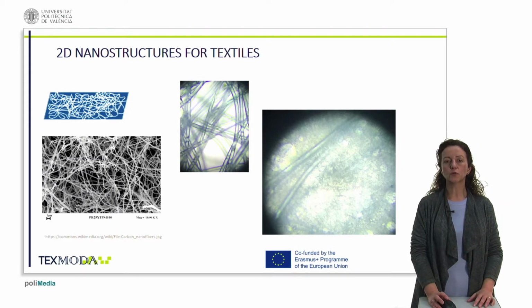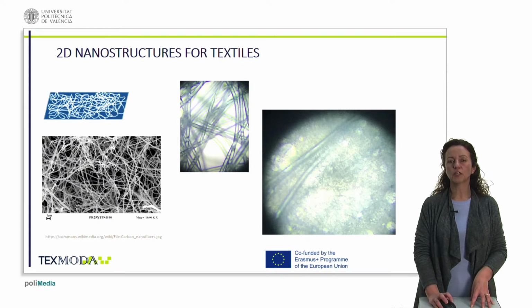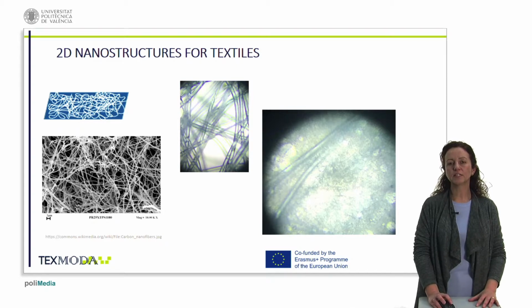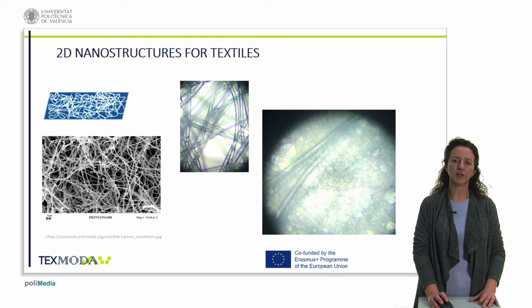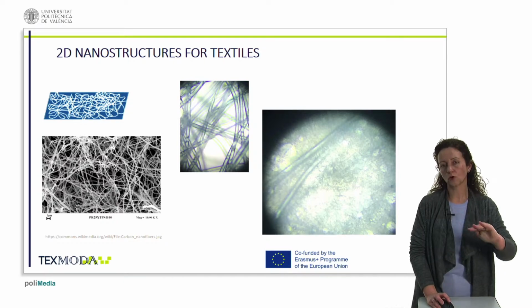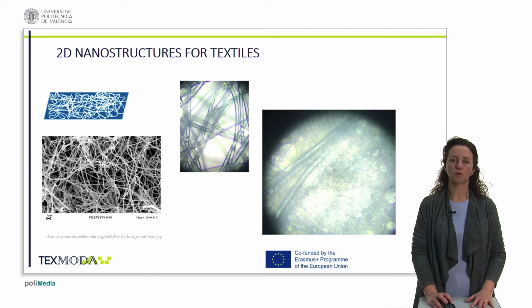So usually when we use nanofibers, we use them supported by, for example, a conventional non-woven. Here we have a microscope image of a conventional non-woven, and in this case it has been treated with nanofibers, which have been covered in this image. We can observe it here. Those two images are made with an optical microscope, so that you can observe the conventional fibers and the nanofibers covering the conventional non-woven.